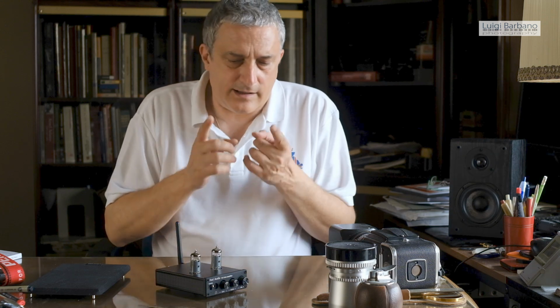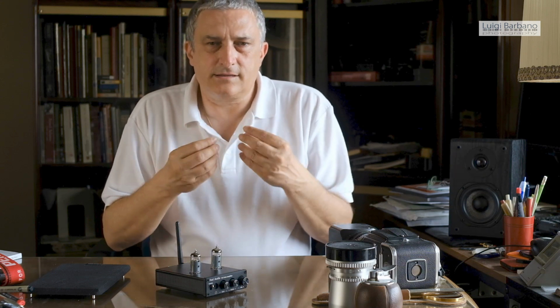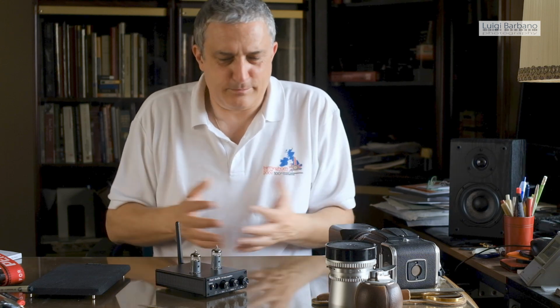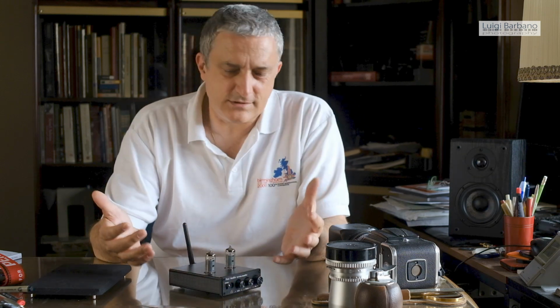And by the way, I love the valves because it gives that analog feeling and that detaches me from the computer in some way. It's not a pure valve amplifier, obviously, and it's probably not the best valve amplifier, but it's absolutely great for the job. I wanted to share this with you because photography for me is something that is not just photography,